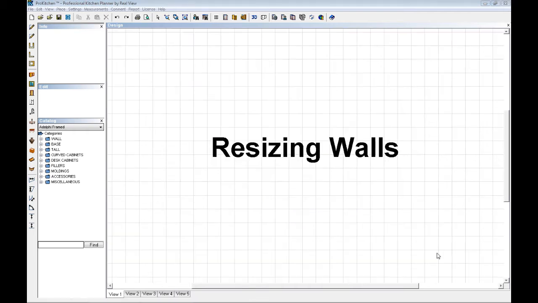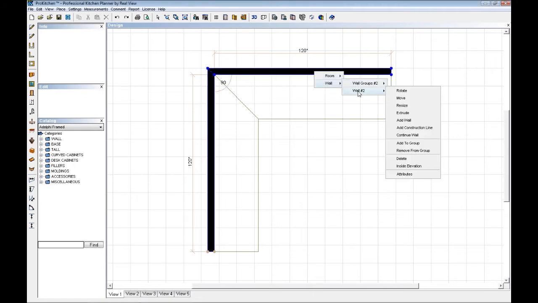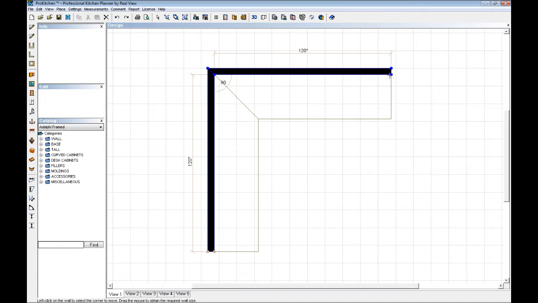Now I'll show you how to resize a wall. Resizing the wall can be used for resizing from one end of the wall, but not necessarily between 2 points. Again, we start with the 120 inch by 120 inch wall. But let's say I want to move this wall here to a different length. Again, you right-click on the wall, choose Wall 2, click Resize, and then you'll see these blue buttons on the